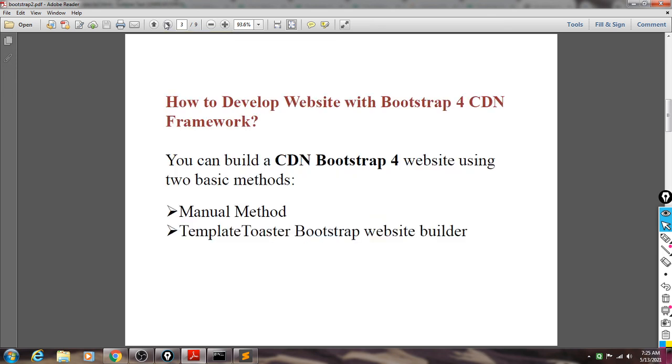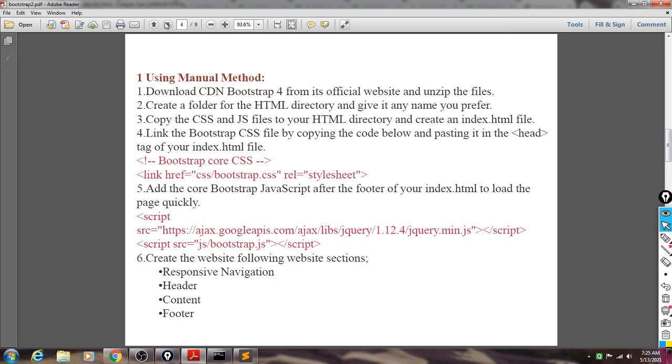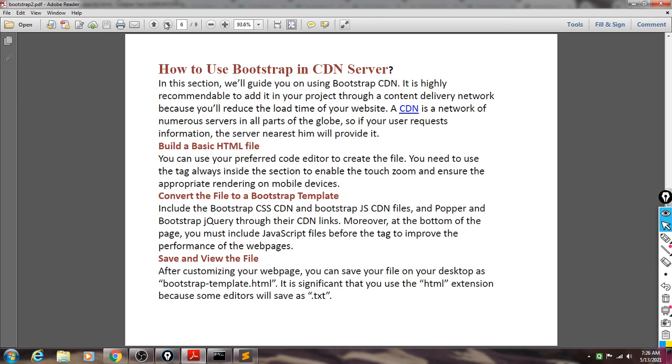How we can include, how we can download Bootstrap CDN. Then what is the method, how we can do this one? So we have to copy the links into the HTML script and we should paste them in the head tag. Then we can save that file with the extension .html, and we can render this file within the Flask script.